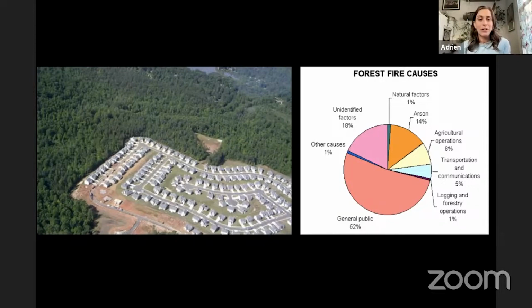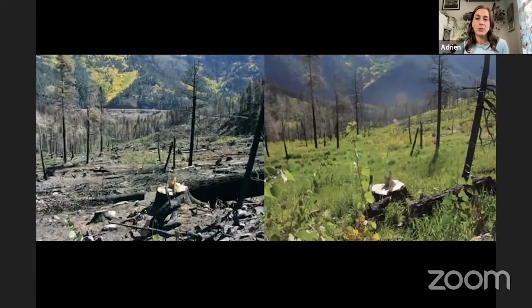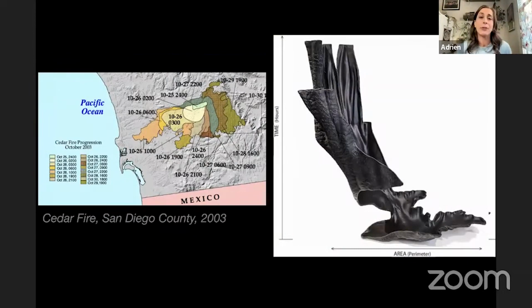Arson is a huge one. And then we're building homes right next to the forest that traditionally needs to burn. So burning is really healthy for a forest ecosystem, but it's very damaging when we build a house there and it's destroyed. So some of the three-dimensional sculptures I've made in this series actually started in, I think, 2013,